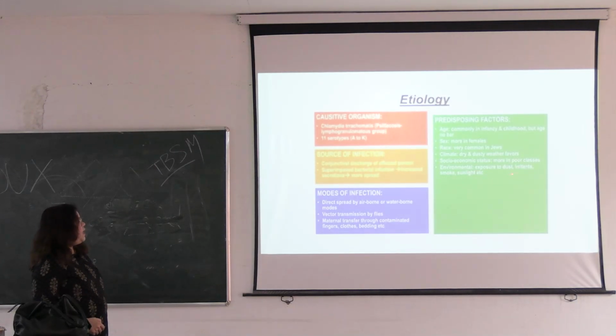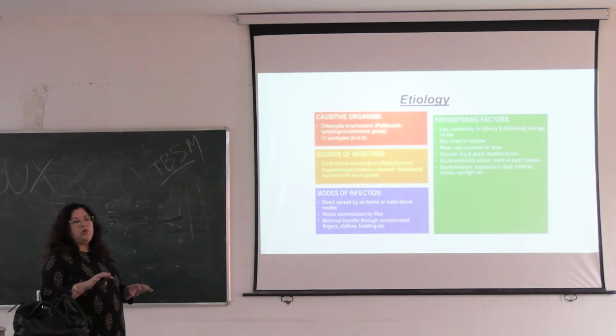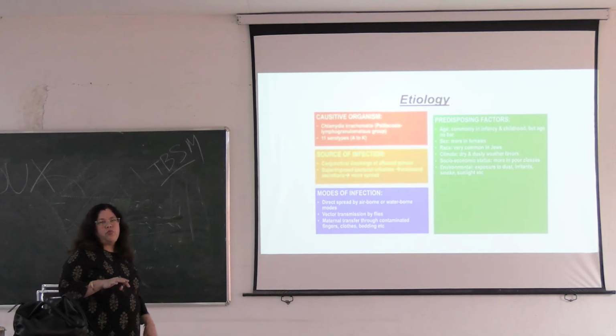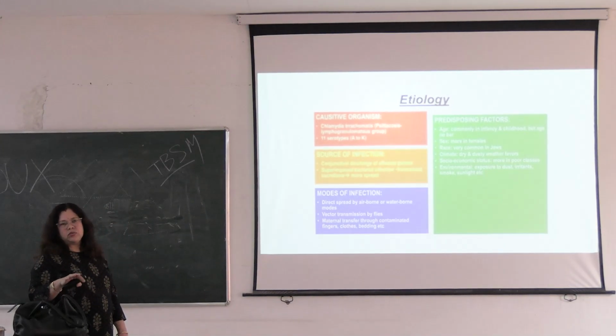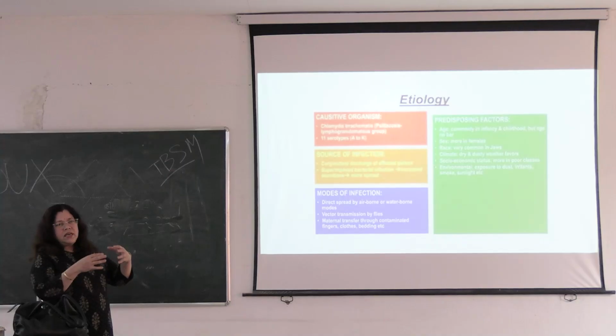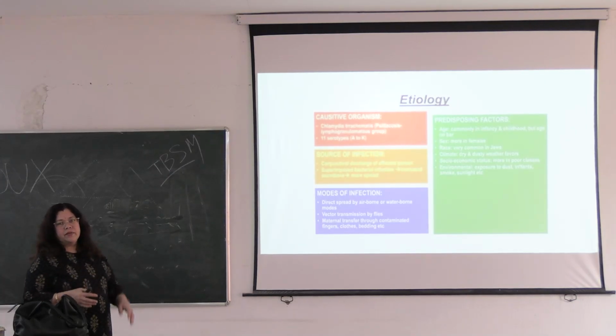And environmental exposure: environmental dust, irritants, smoke and sunlight also cause the spread of infection. And low socioeconomic status: poor people living in unhygienic conditions and overcrowding also aggravate the